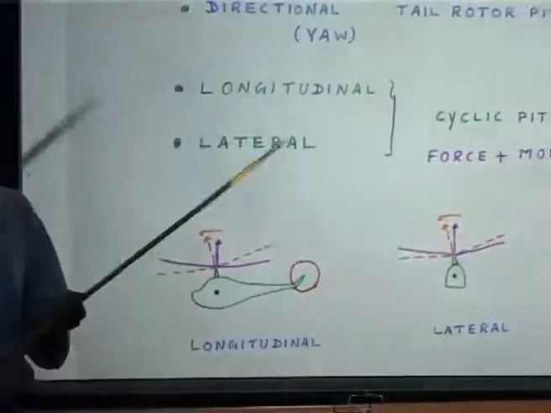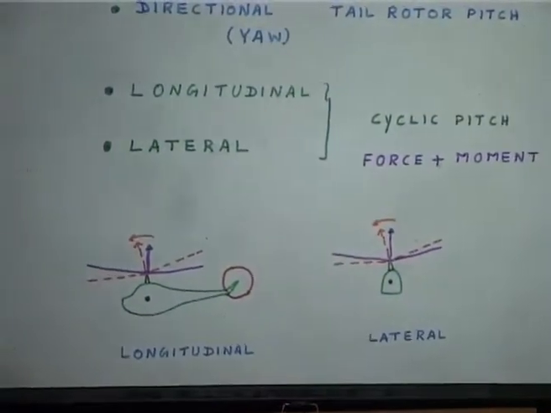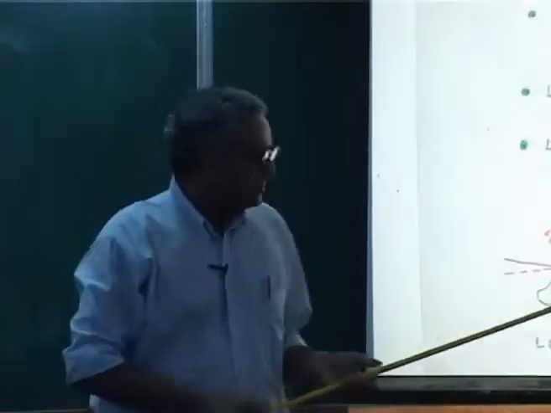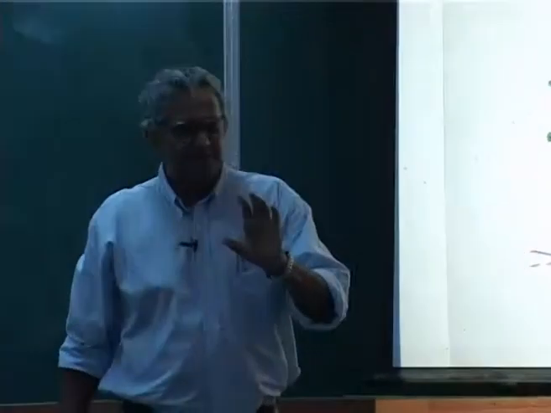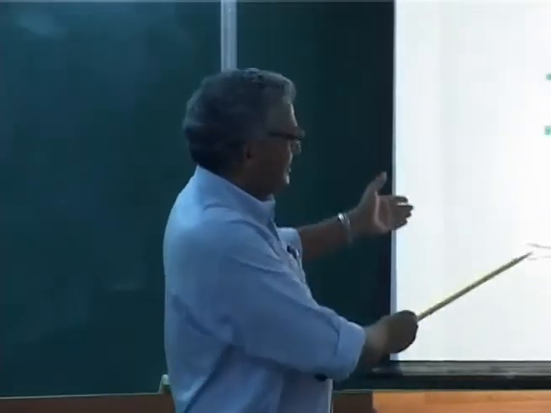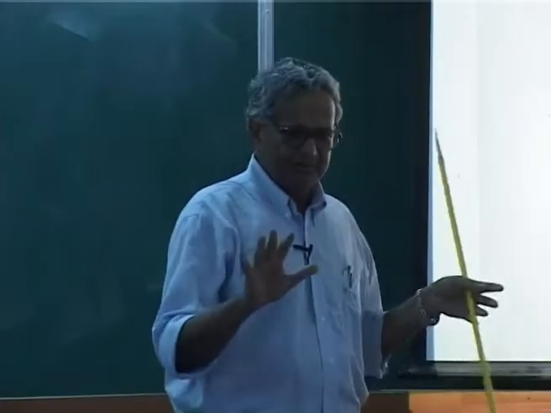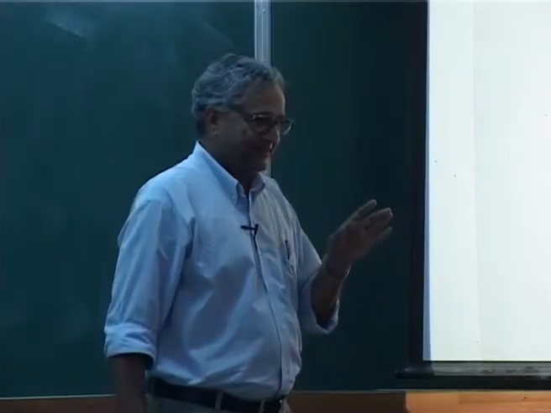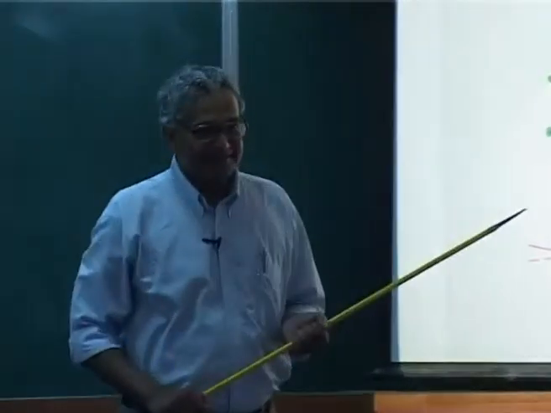Similarly, you can do lateral, that means he is tilting it this way, which implies he can fly in any 360 degree direction. Okay. This is a very primitive way of explaining the helicopter controls, a very simple way, but in reality all of them are coupled,